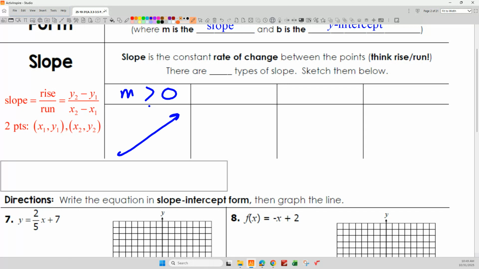And how come? Well, because if I'm going between 2 points, we need the rise to be positive and the run to be positive. Positive divided by positive is positive, right? Everybody good? Okay, what if